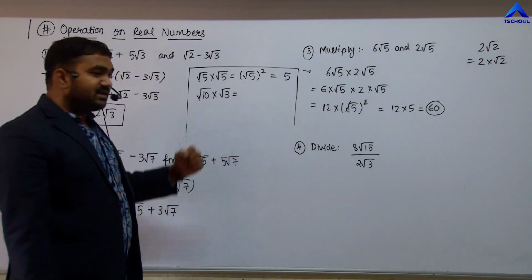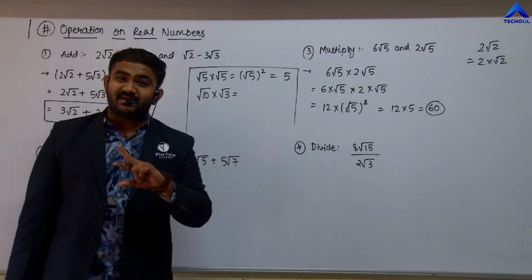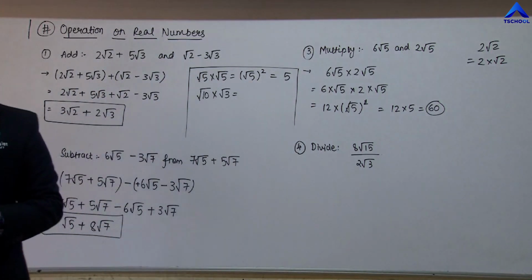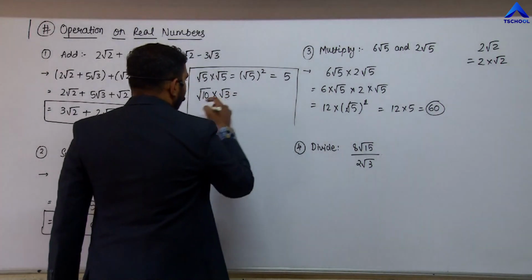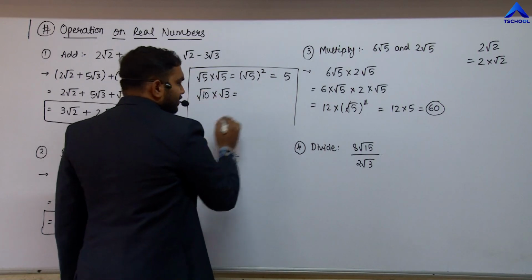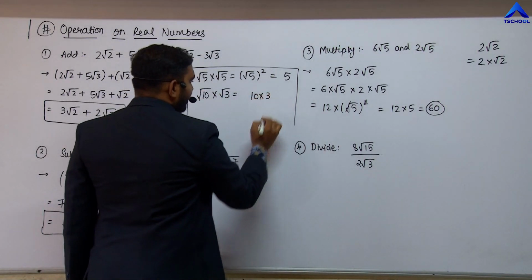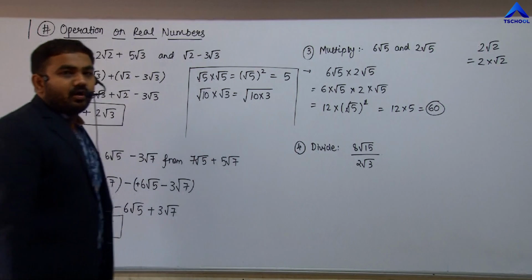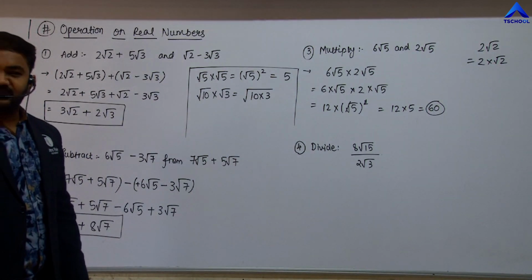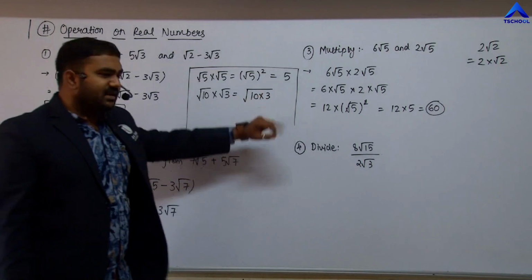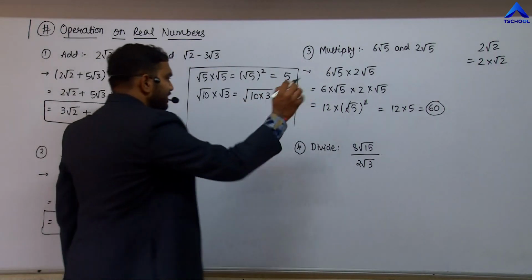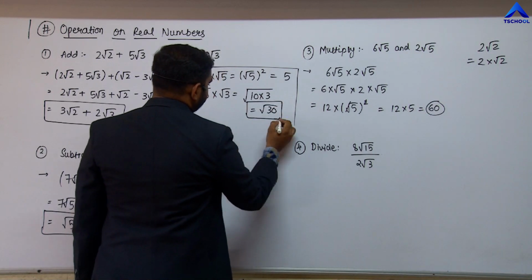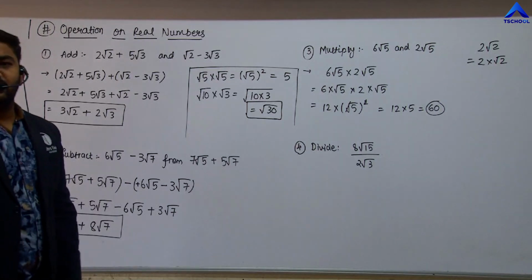But here see, in the next case we are having both the square roots as different numbers, right? The first one is root 10 and the second one is root 3. So how to write down? You are going to see again they both are in multiplication. So first make a multiplication of these two numbers and simply get the common square root here. Is it clear? So root 10 into root 3, that is square root of 10 into 3, which is equal to square root of 30. So you get root 10 into root 3 is root 30.